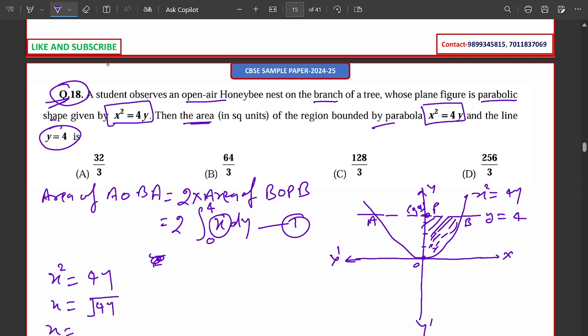So x is equal to plus minus 2 square root y. Since the area BOPB is in the first quadrant,